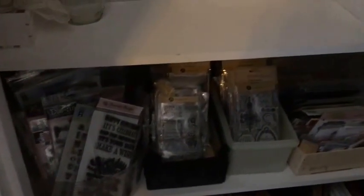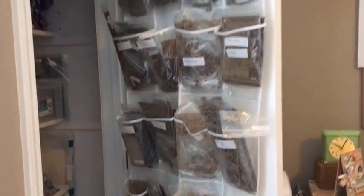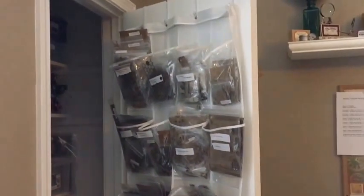And then on the bottom is all my clear acrylic stamps, all organized kind of by categories. And then on the very bottom are wooden boxes with items to alter. So that's that. And then again on the door, I'm going to back up so you can see another clear